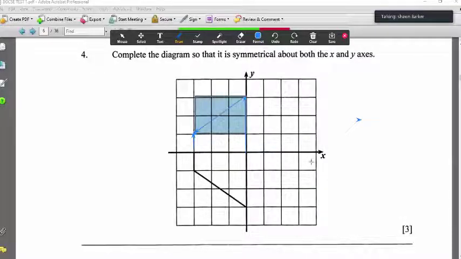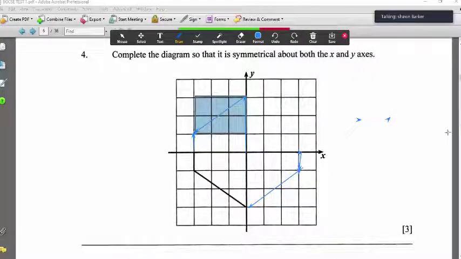Okay, so over on this side here, you would go 1, 2, 3 across. So we go right here, and then we go 1 down right here, and then therefore we are 1, 2, 3, of course, across. Okay, and therefore I can then go do it like that. So something like that. And so this is how you would draw the diagram in terms of the symmetry about both axes.